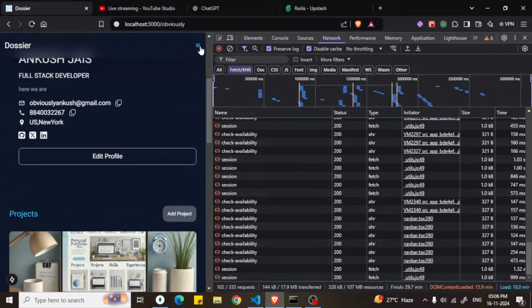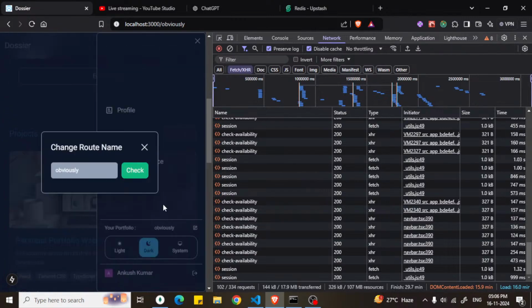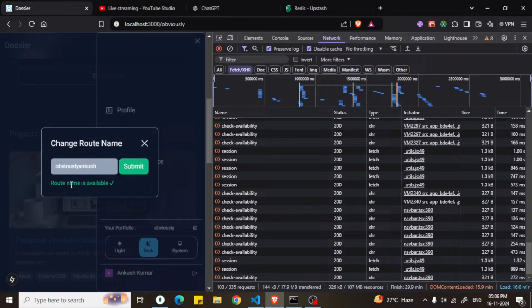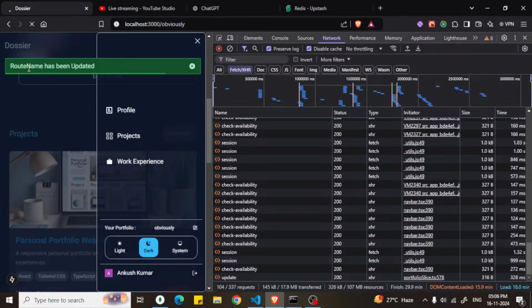And what we were doing here is we were trying to update in the database. Let's try checking some other names like this. If it works, it will save it in the database. Okay, it is available. Now let's just try submitting it. Okay, route name has been